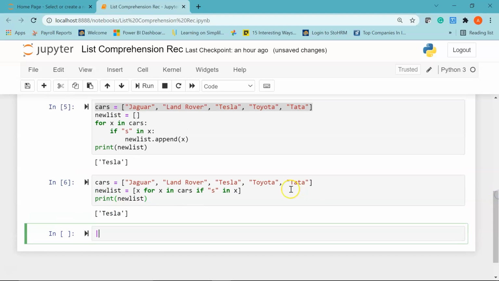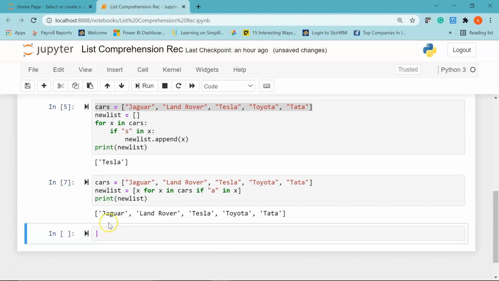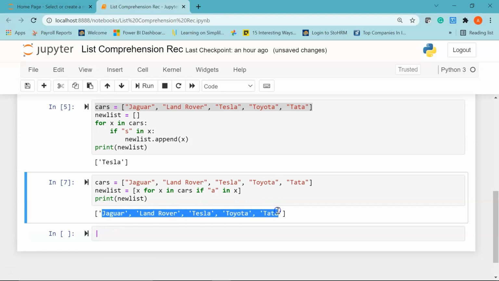Now let me just change this S to small a or lowercase a. If I run it, you see here all the 5 brands of car have the letter small a. You can see Jaguar has it, Land Rover also we have small a, Tesla has small a, we have Toyota and Tata as well.